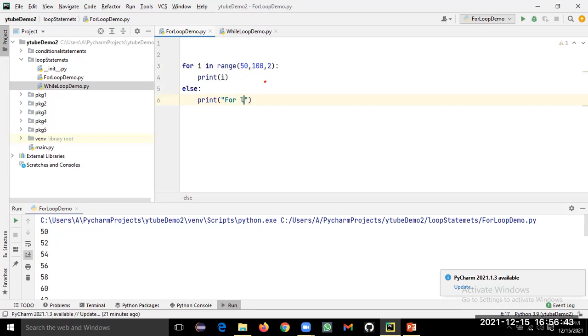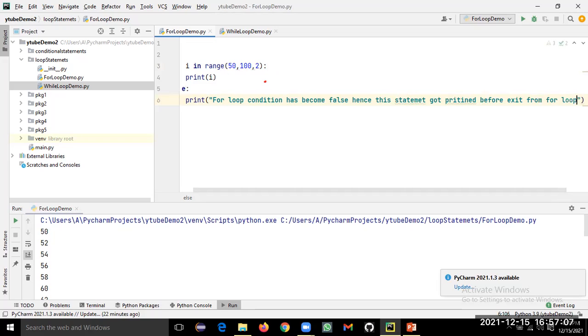Let's say: for loop condition has become false since this statement got printed before exit from for loop. Okay, so we have printed this statement.